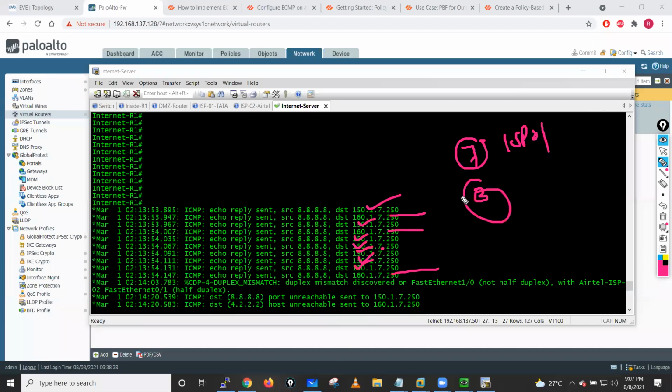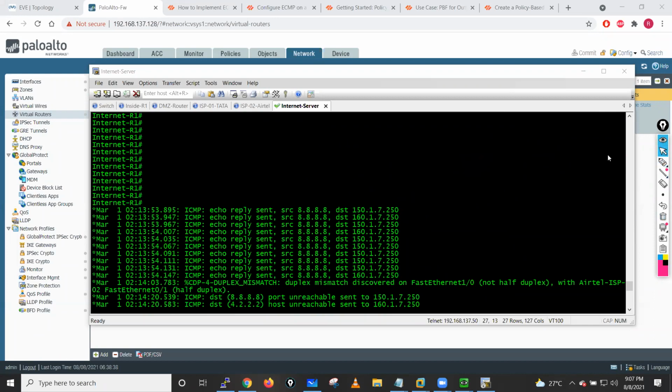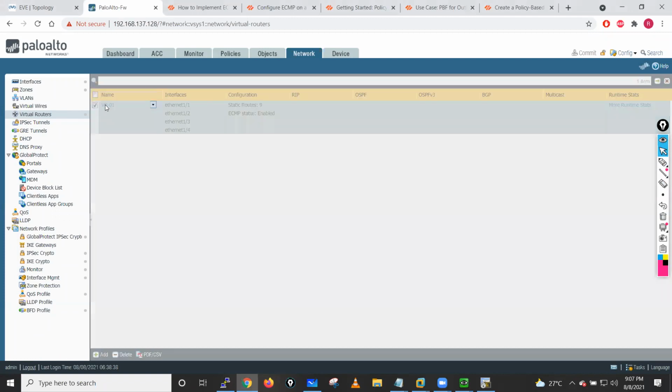ISP, right? So here they are doing the distribution on the basis of weight values, meaning 70% traffic from ISP1 and 30% traffic from ISP2, guys. Like that also we can configure the ECMP. Okay. Now, if I go into my virtual router,